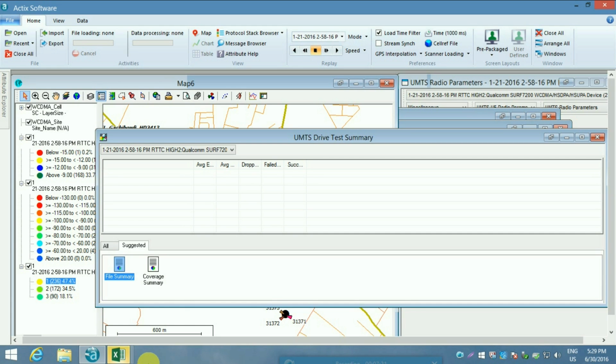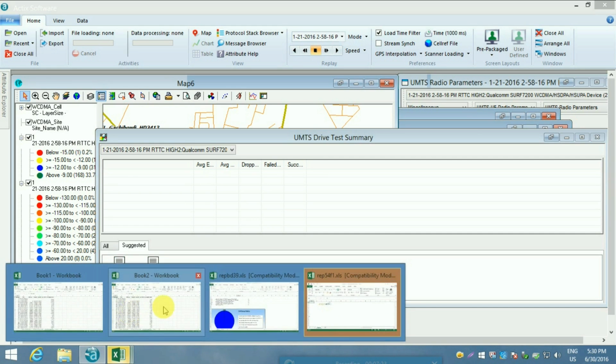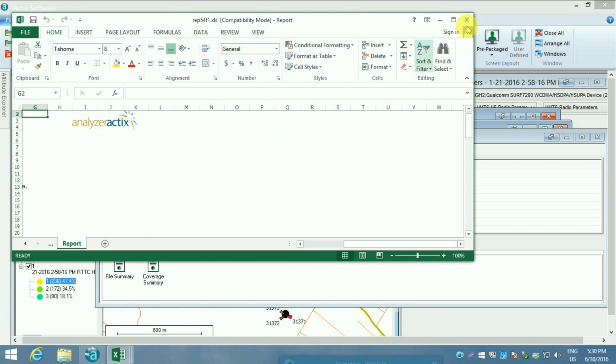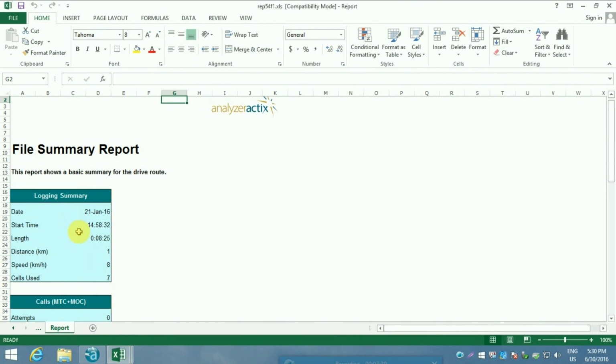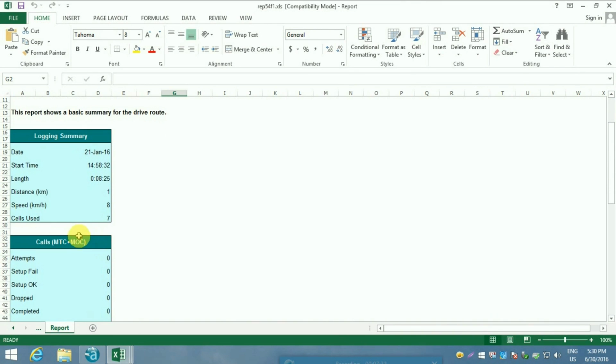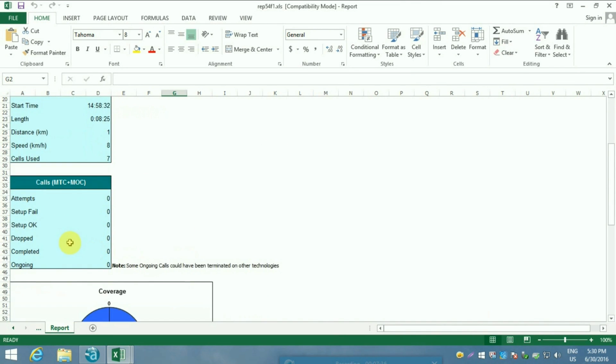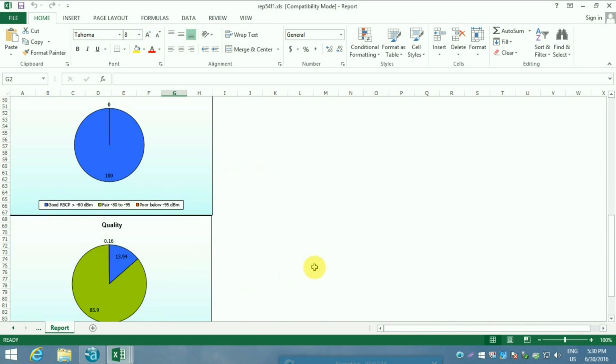The date, start time, length, distance, speed, and cells used, I mean the cells that were covered during this drive test, calls, coverage and quality, both can be viewed here.